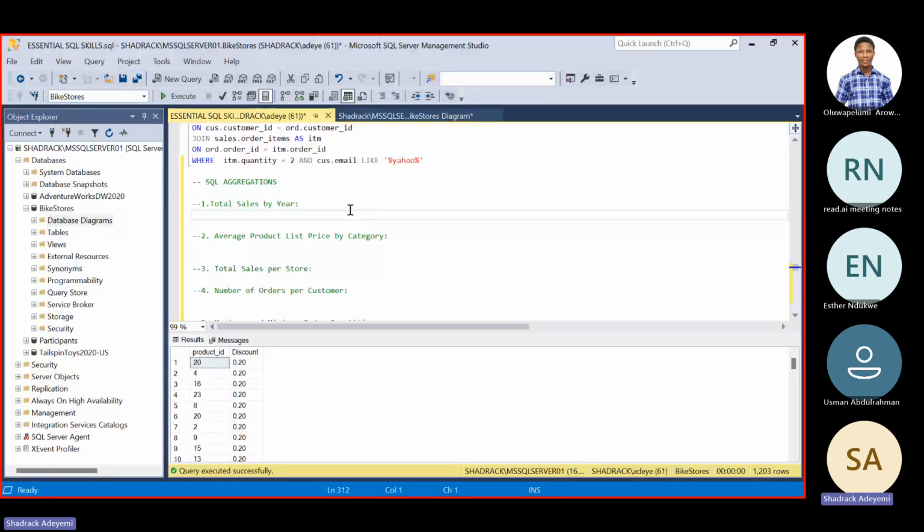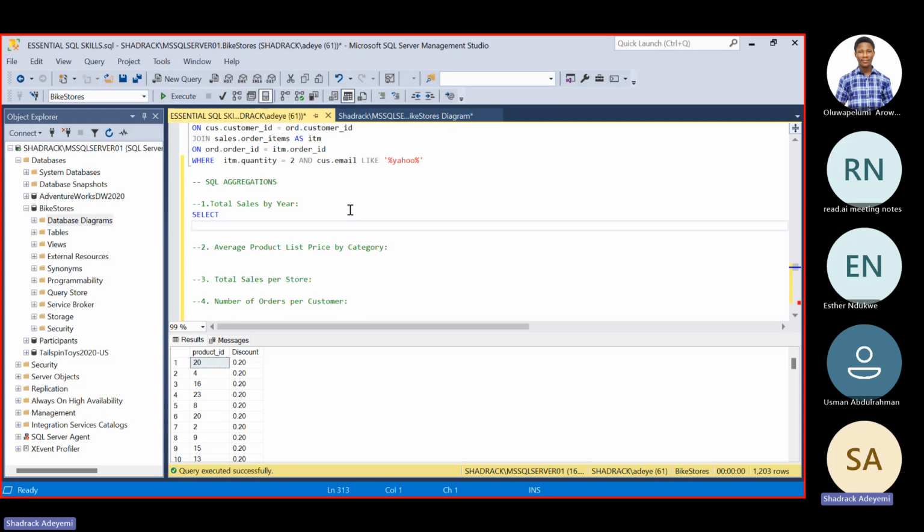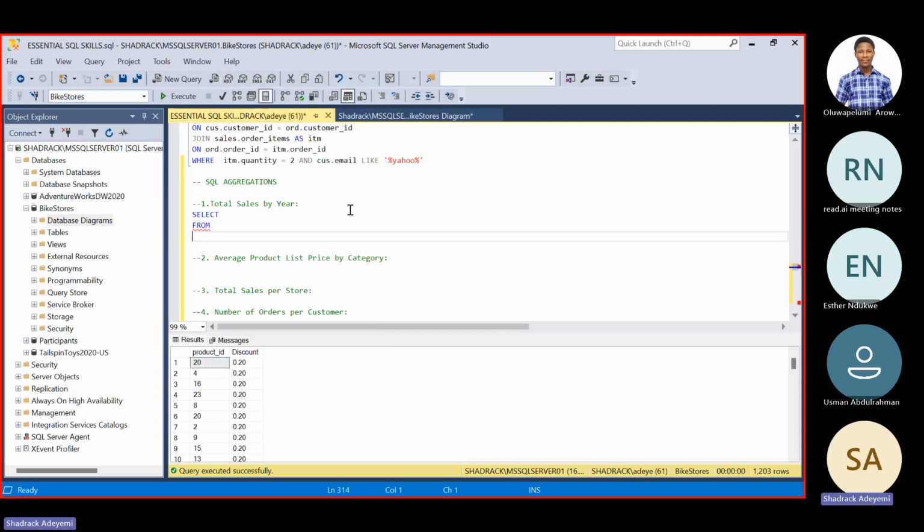So he's saying categorize total sales, but I want to see it by each of the years that our business has been in operation. So we know that definitely we have to write a select statement. This is how I try to think before I answer a question logically. I have to write a select statement. Then I have to obviously call it from somewhere, from a table.